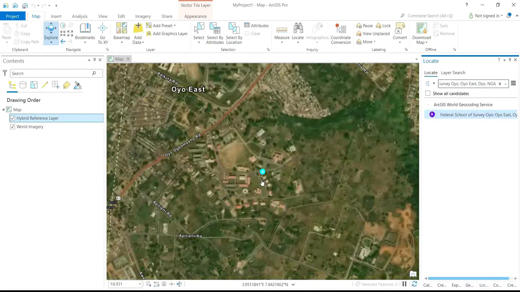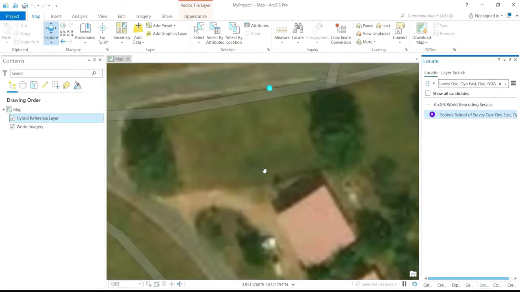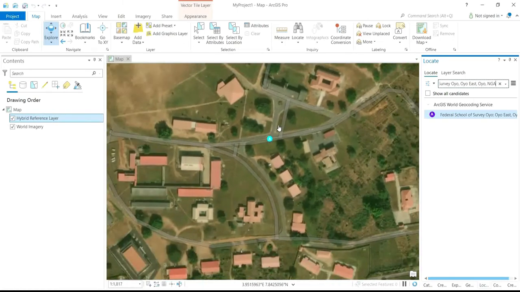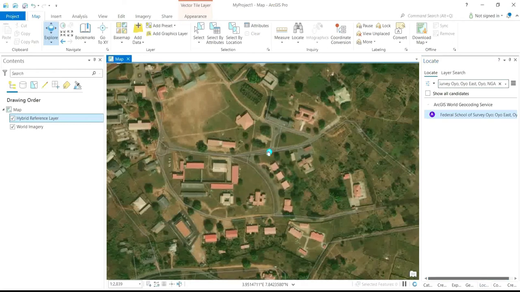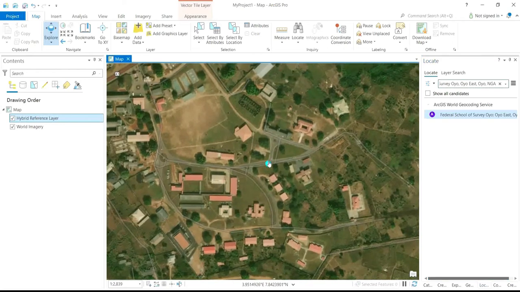So this is it on the screen here. You can see this is Federal School of Surveying. So now it's already taking me to the place where I'm going. That is one way of going directly to the area where you are interested in. And then another thing is when you click on this go to